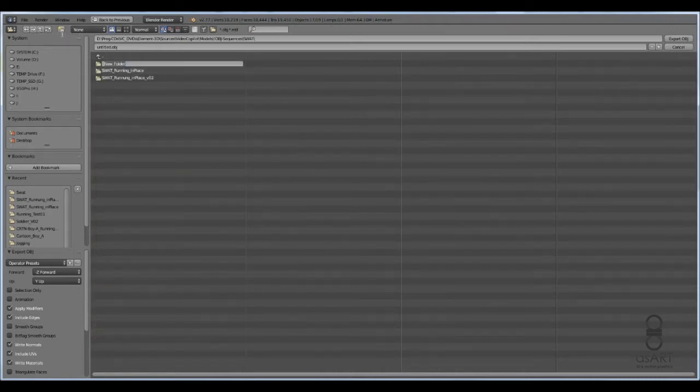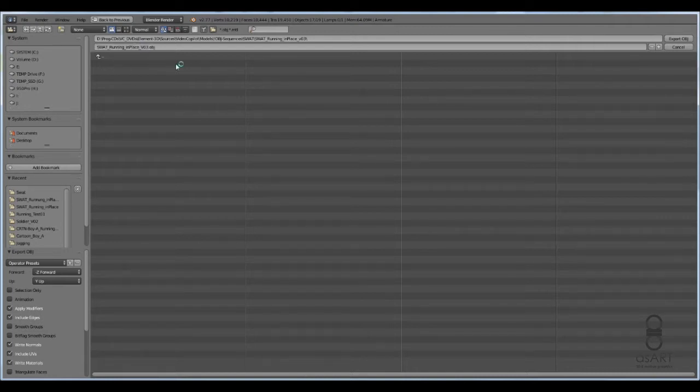I'm gonna create a new folder here, call that SWAT running in place version 03, because I have two other versions as well. And then I go to my version 03 folder and call that file SWAT running in place v03